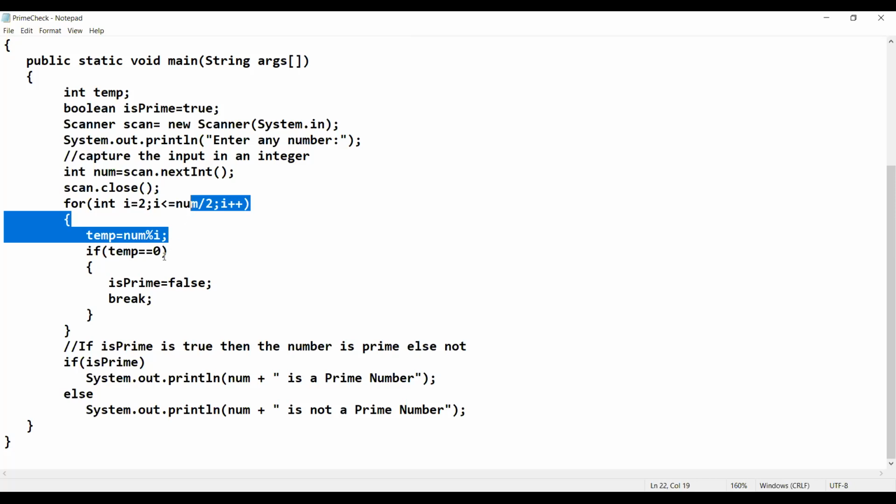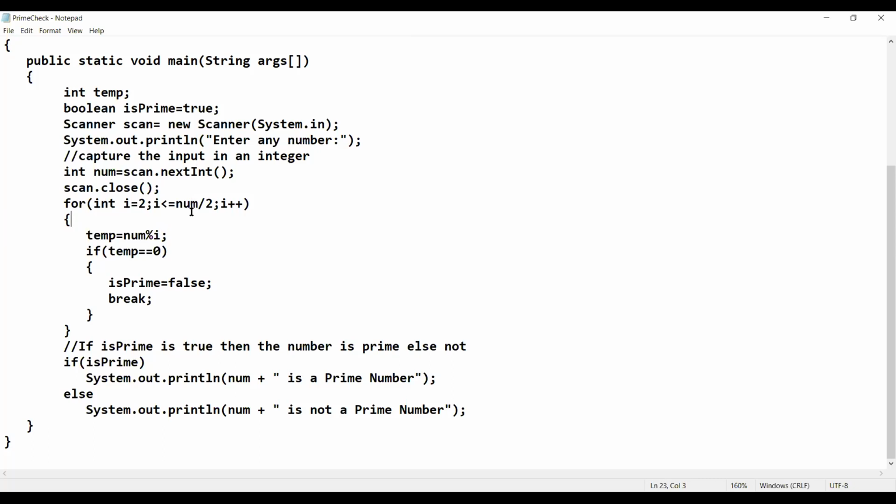After checking the condition, for example in the first case 7 divided by 2, if the condition is false, then it will not break, and it will increment the iteration and check whether it is divisible by 3. Again it will check if it is divisible by 4, again by 5, again by 6, until 7 divided by 7 comes.